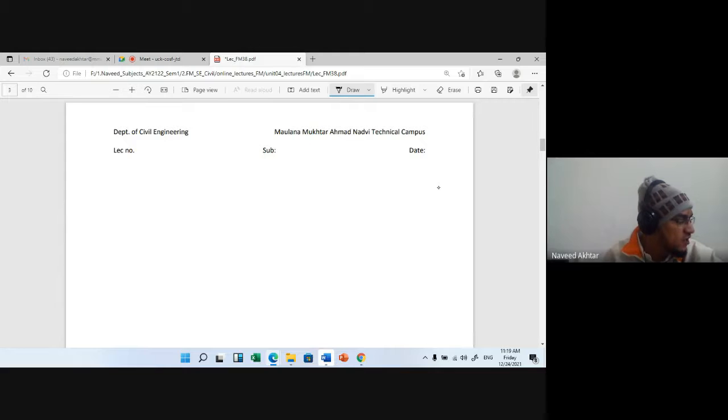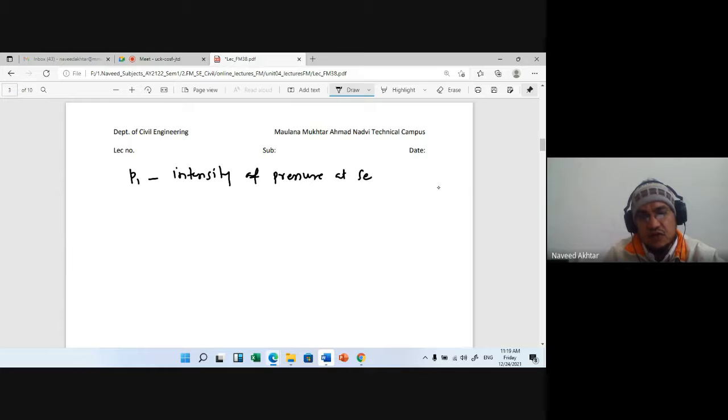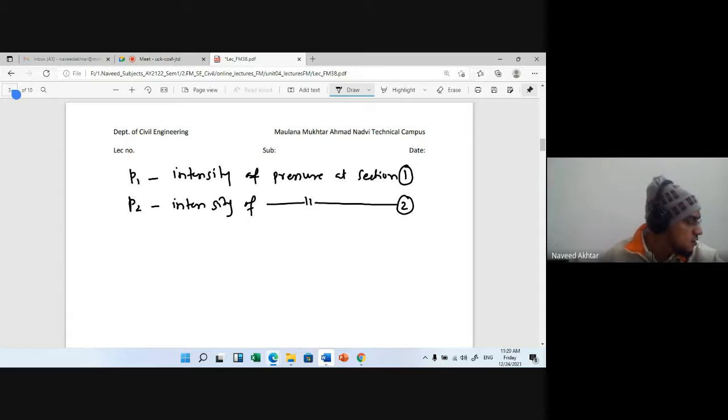Thus, if P1 is the intensity of pressure at section 1 and P2 is the intensity of pressure at section 2,